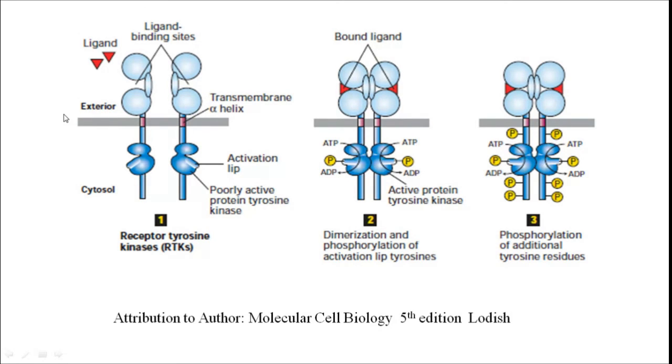So its main function is that the first step is the dimerization of two receptors. Initially, the two receptors are equidistant from each other, but once the ligand binds, dimerization occurs, that is two receptors link to one another, and the second step is the autophosphorylation. That is, the ATP molecule will donate one of the phosphate groups and ATP will get converted into the ADP and it results in the phosphorylation of tyrosine kinase. Now the next step is the autophosphorylation